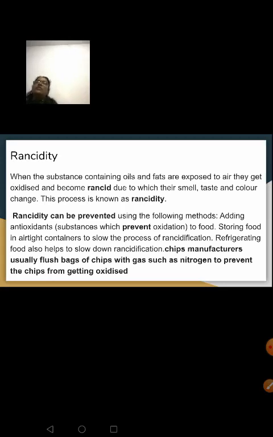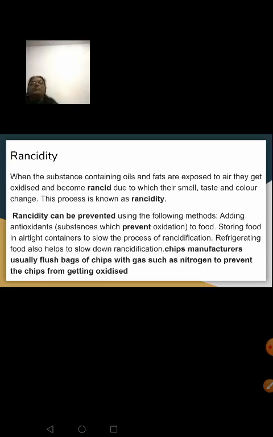How can you prevent it? That is why biscuits are stored in airtight containers after you open the packet. After you consume a few, you have to store the rest in airtight containers. Otherwise, they will lose their crispiness and the freshness will be lost. Even fried items that are crispy, like your chaklis or chivda, whatever you buy from the market, cannot be left exposed. They will become soft and lose their crispiness. So you have to store them in airtight containers.